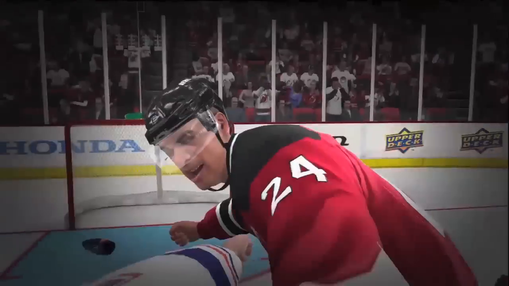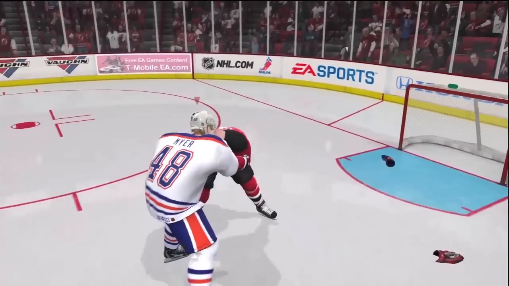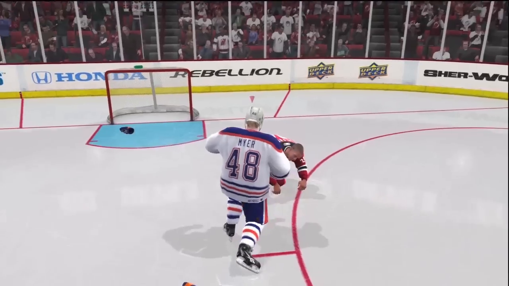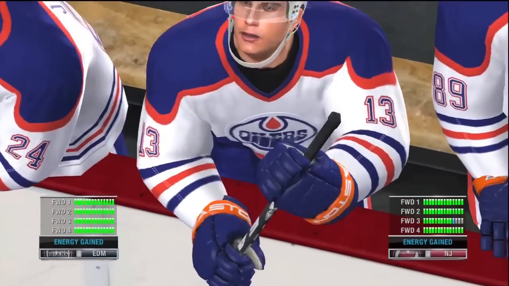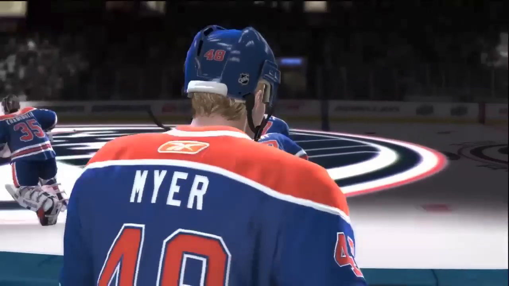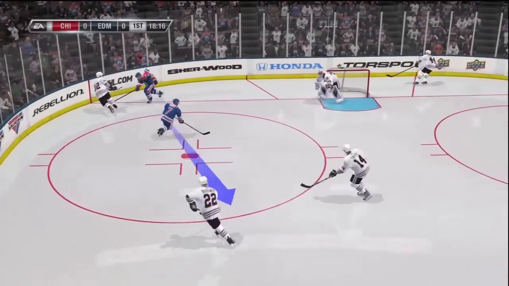And so, yes, we got some fight action for you. I've been telling you I'm going to drop the gloves eventually, and here it is, the first one. So, yeah, respectable. I win it at least. So, as you'll see, both benches hooting and hollering after this one here. And as the Oilers cheer him on, you'll see both Salvador and Myer getting the 5-minute majors. So the first fight in the books, coming back out on home ice here and getting ready to take on